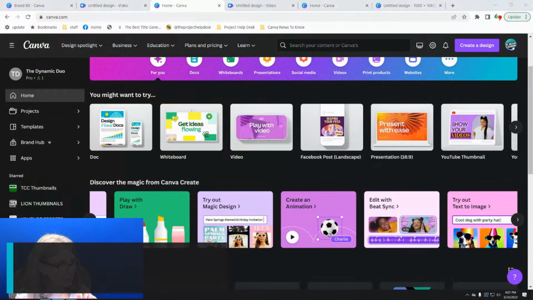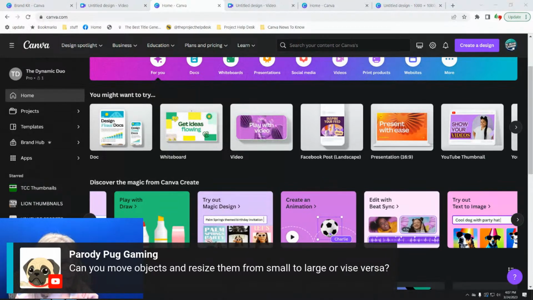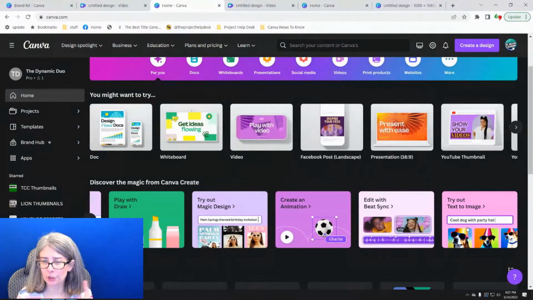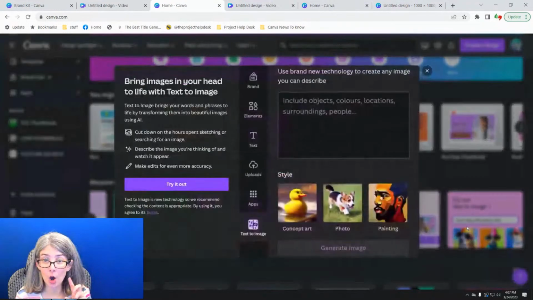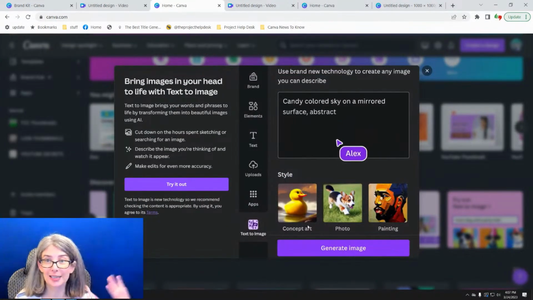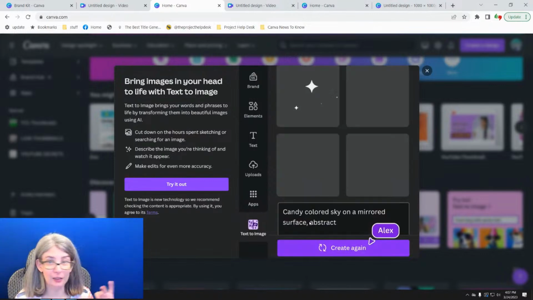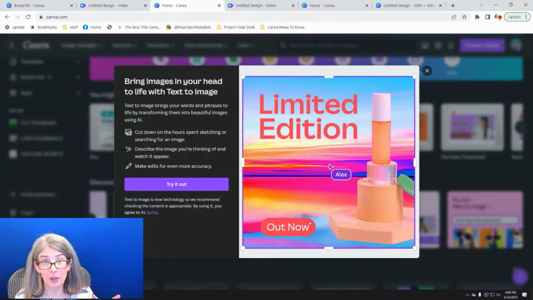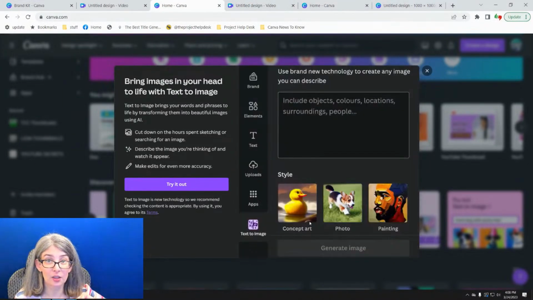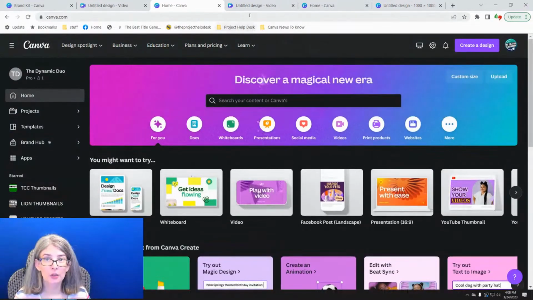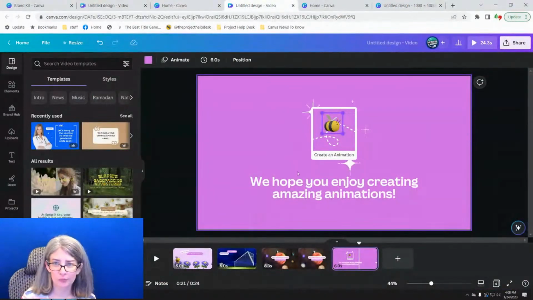Parody Pug has a question, and someone actually asked this the other day. I don't know if it was you or not, but I'll show you if it wasn't you. Oh, text to image. If you've not looked at text to image in the last week or so, or even if you have, you may have only gotten it yesterday. They've got some new features there as well. It's amazing. Here we go. Let's